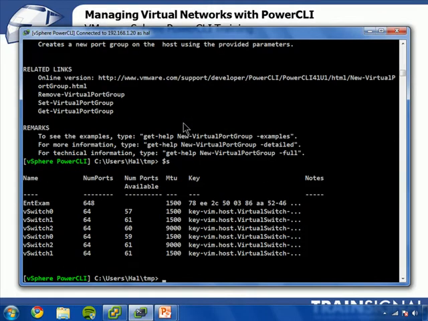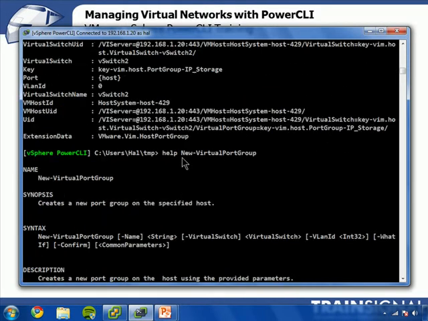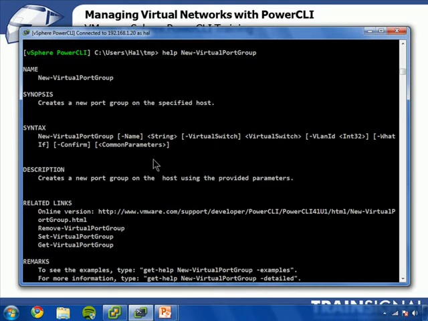Let's use vSwitch. Let's get our virtual switches. I think I've got one called 3. Yep, that was our new one. So let's create a new port group under vSwitch 3. So let's get virtual switch name vSwitch 3 and pipe that to, actually let's scroll up before we pipe it to anything. And let's look at